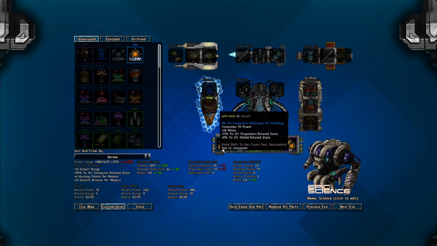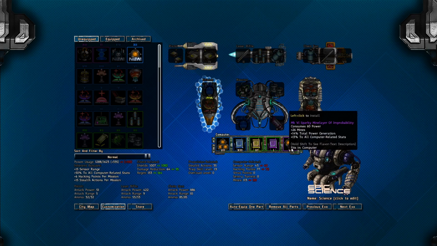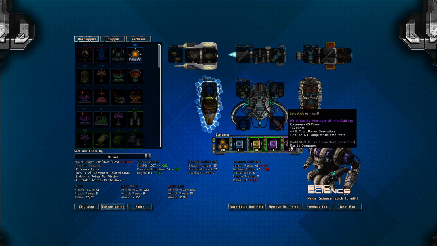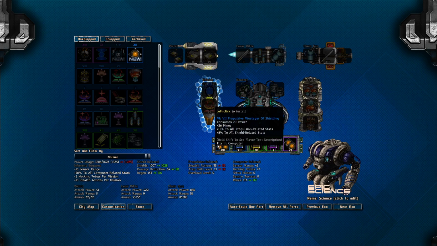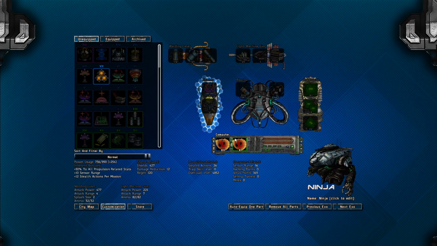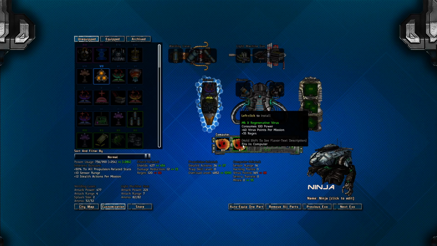Why does that draw so much more power? And that's... These two items both... Is it a... Hold on. Plus 14% total power generation, that's why. Yeah, we don't really care about the propulsion-related stats. However, that item might be... Ooh, that is... We lose the...